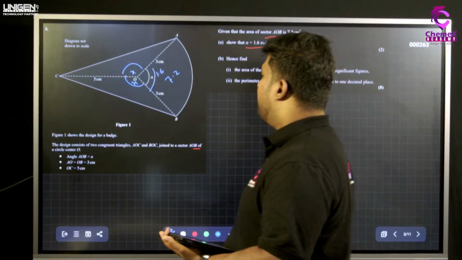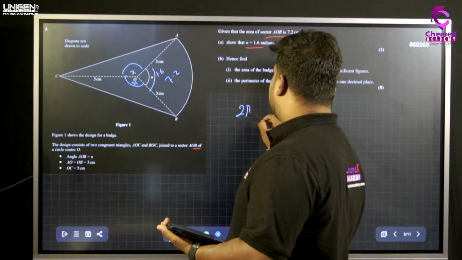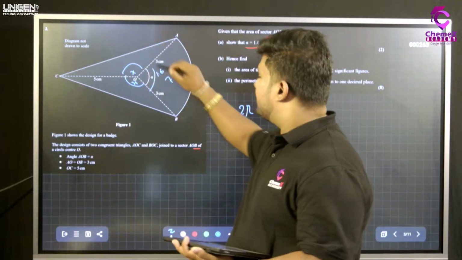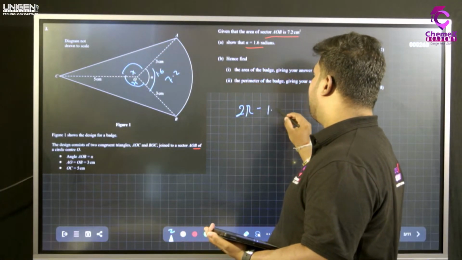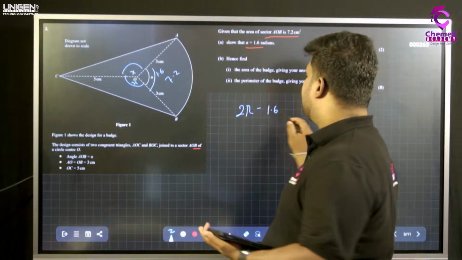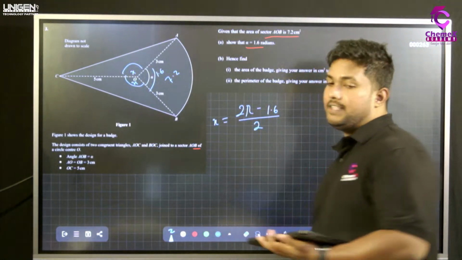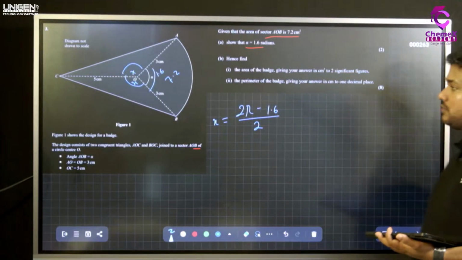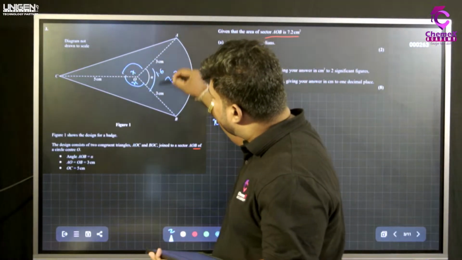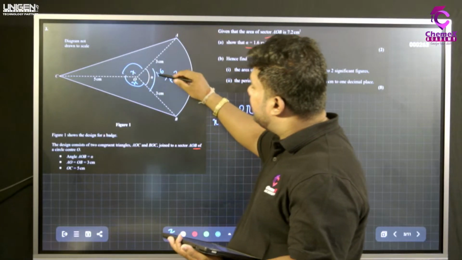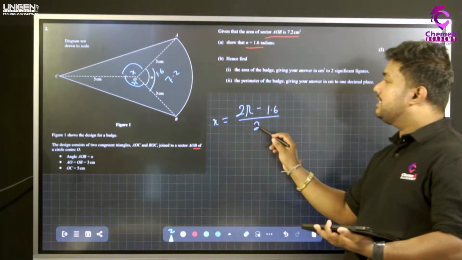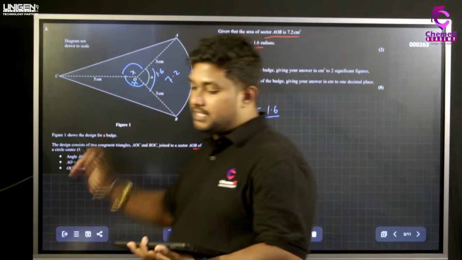Okay. So now the whole angle is what? 360, 2 pi, minus 1.6. I mean this is 1.6. If you divide by 2, you get x. Any questions with that? How I got the equation? So the whole thing is 2 pi. I subtracted the 1.6 and divided the rest of the answer by 2 because 2x plus 1.6